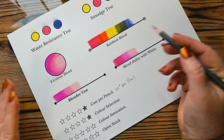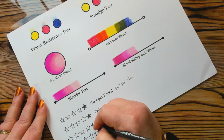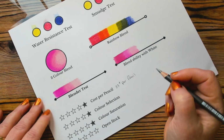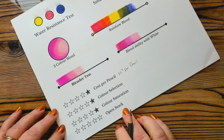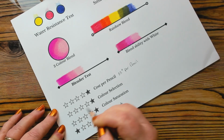Color saturation, definitely get some great color saturation, so that's also going to be 5. I have not had too many that are all 5 stars. Of course, this is not going to have a star either on the open stock because there is no open stock. But all the other areas of importance, and